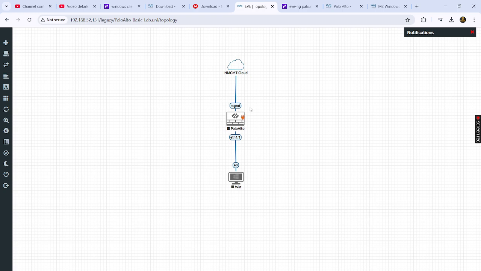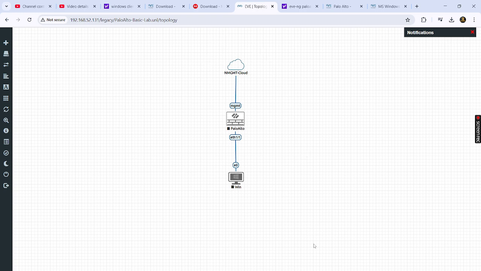Or turn on the Palo Alto firewalls. Not only the Palo Alto firewalls, any device, whether it is a Cisco device, a Juniper device, a FortiGate, or a Checkpoint, you have to do it in the same way. The installation process is the same, and if you want to turn on the devices, just right click on the device and click on start. In my case, I think there is some problem with my laptop or the resource allocation. I will check further and try to start the devices. But this is how the topology will be, and how you can add the firewalls.